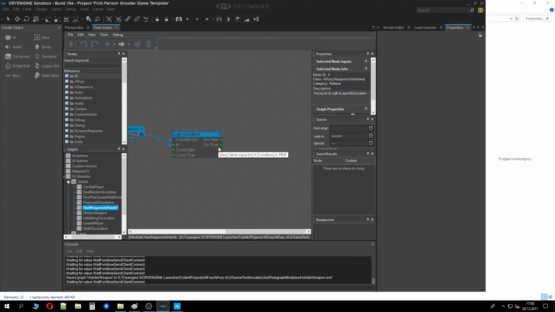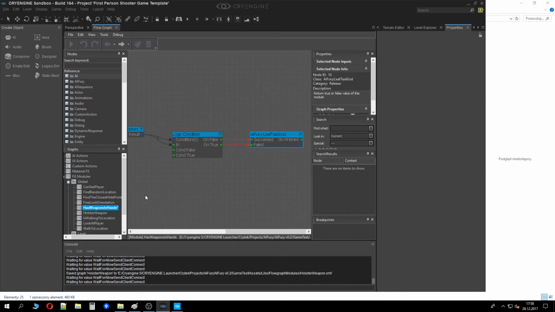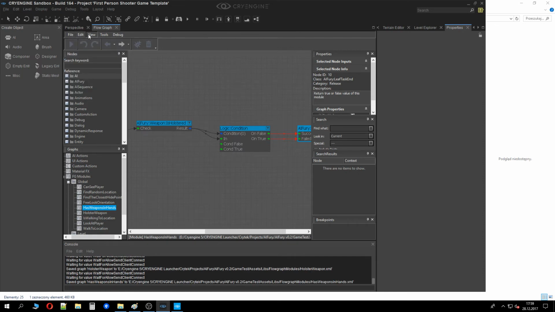If false, leave task end, and if true, succeeded, because we want to check if he has a weapon in hands. But this is holstered, so if it's holstered, then he doesn't have it in the hands. That's why true is false and false is true. Okay, has weapon in hands. Save. And the last one we have is